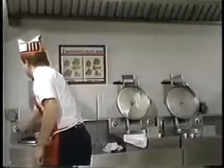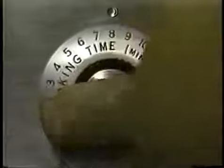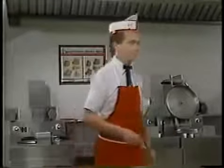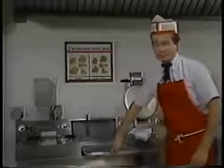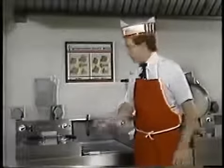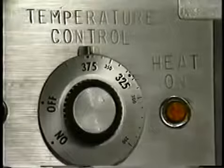The cooking time is 8 minutes, so I immediately set the timer to the 8-minute mark. This chicken is now being pressure cooked for 8 minutes. When the cooking cycle is completed, the machine will automatically vent to release the pressure. I'm going to place the cooked chicken on this tray. You can hear this machine is automatically venting. The heat light has just come back on to indicate that the shortening is being reheated for the next round